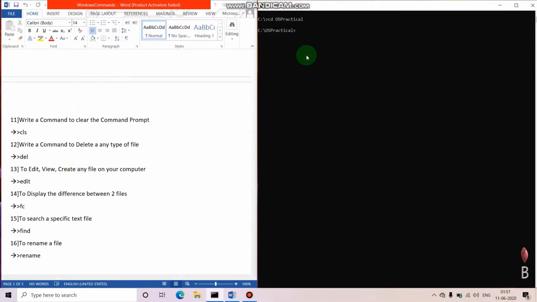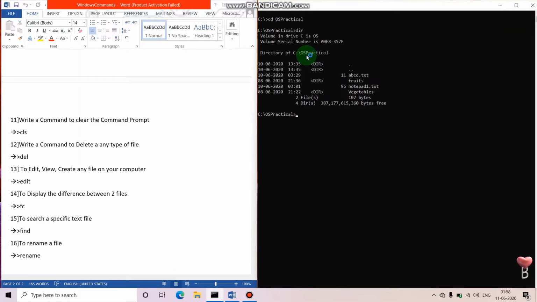In the last video we created one file, a notepad.txt file, in the OS practical, and there were two directories. Actually we created three directories, but we removed one of them. So let us check how many files and directories the OS practical has now using this command. Now you can see there are two files and two directories.